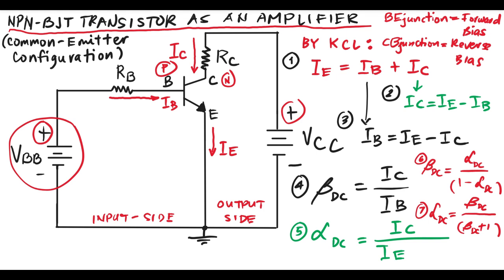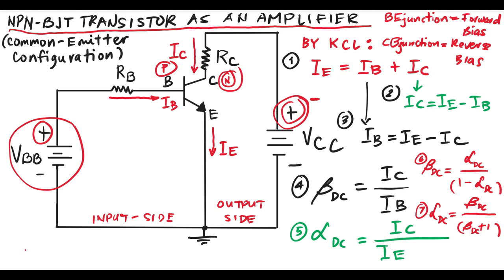Now, on the other hand, if you make the positive side of the VCC become negative, then it would make the base collector junction be connected in forward bias. The negative is connected to the n-type, so that would be in forward bias. Therefore, the input side is forward bias and the output side is also forward bias. That would become switch on. So these are the possibilities.